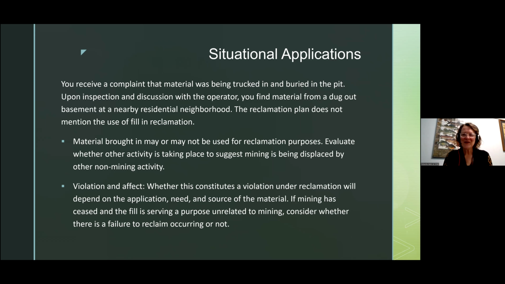The higher up you go on the escalation level, the more work that's involved. So getting compliance at the lowest level of enforcement needed pays off not only for your workload, but also helps build those relationships with your operators that you need in order for them to continue doing their business in compliance with the requirements and being protective of the environment. So there's my spiel.